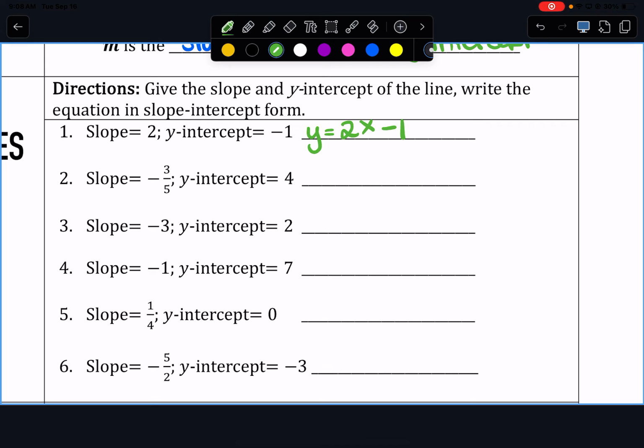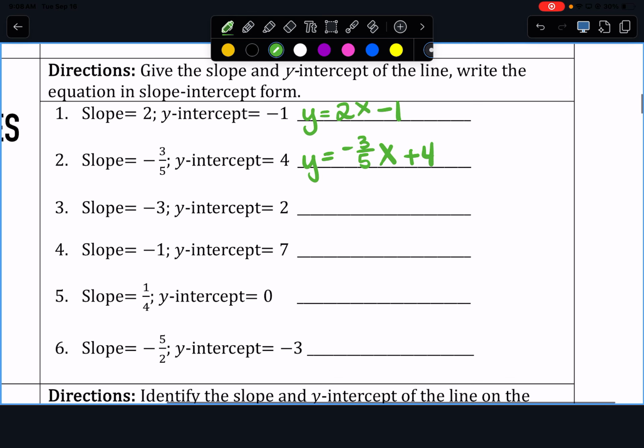All right, for number 2, we're going to do y equals x. Yeah, then plus 4. Okay, now we're going to drop to number 4. Okay, we're going to look at number 4. So we're going to do y equals